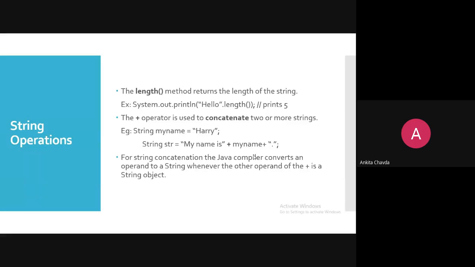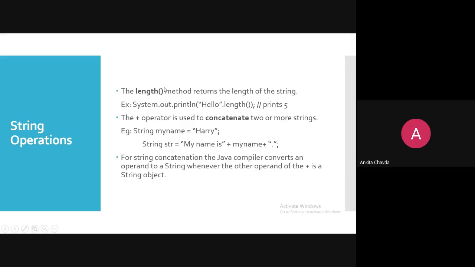Now we will start with the string operations. String operations have different built-in methods. You just need to use those methods, and that's it. So the very first method is length. What will the length method do?